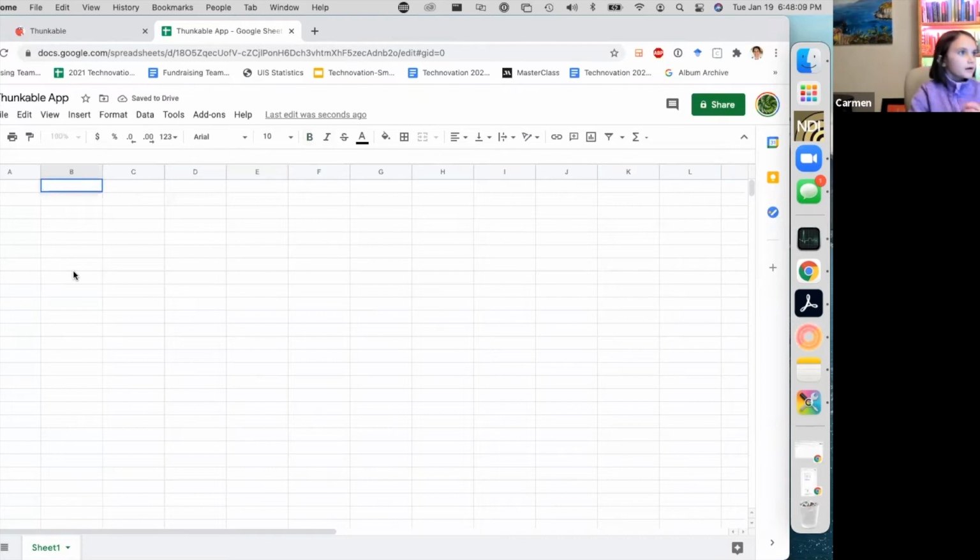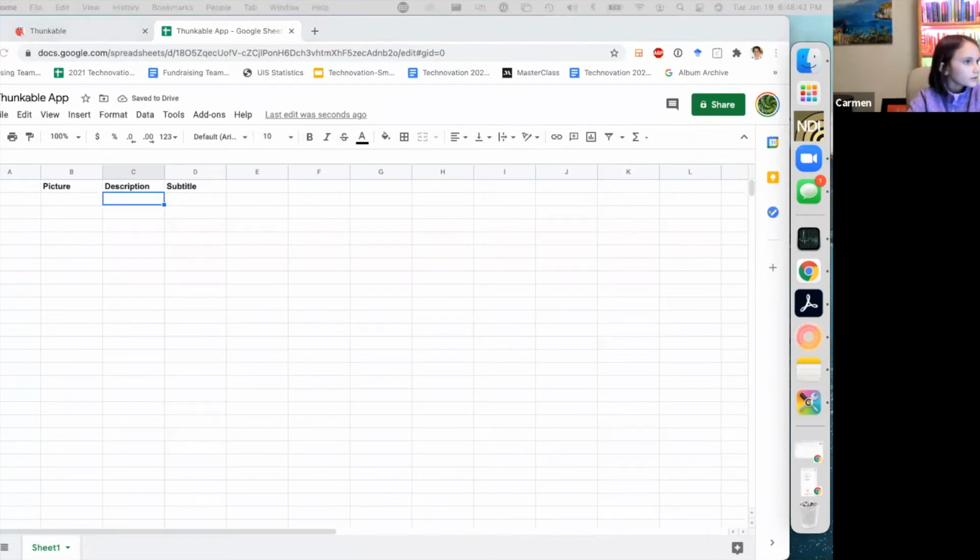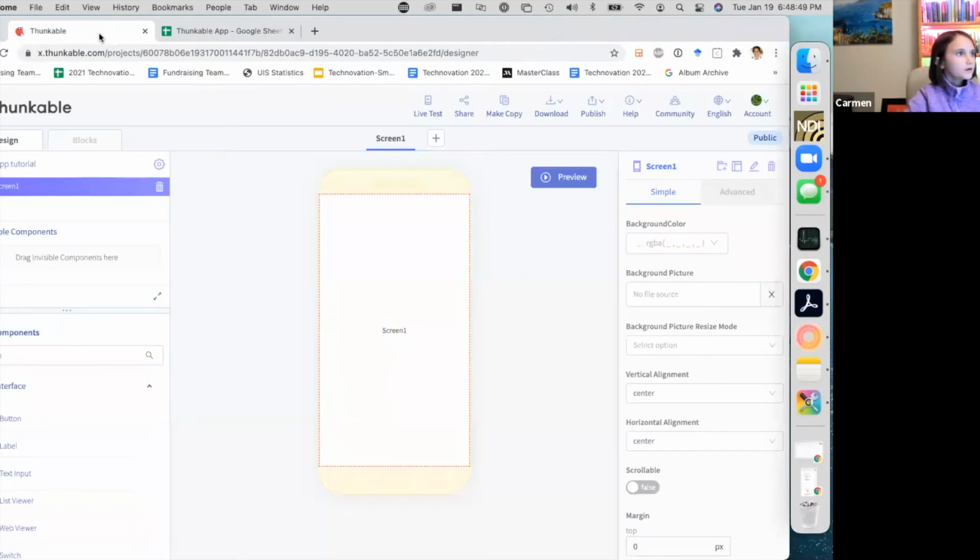Then what you need to do is do the same for picture, Command A, and press bold. Next column, it's going to be description, Command A, bold. And last, we have the subtitle. And bold. Okay, so now that you're done with that, you're going to go back into your Thunkable app and